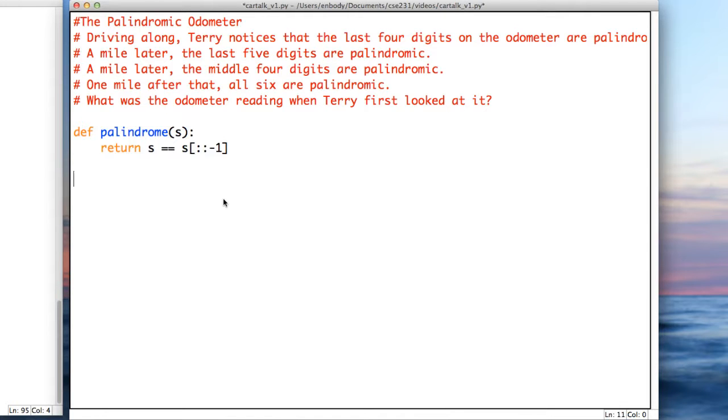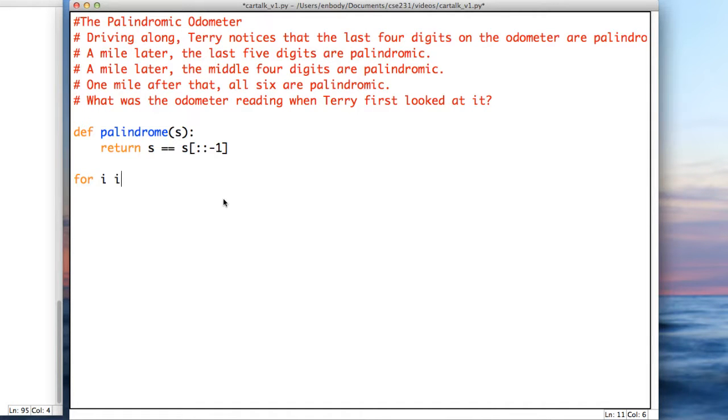Now, how might I use this to solve the problem? Well, again, I suggest you pause the video and think about solving this problem. Well, we've talked about before a useful way to first consider any problem with computing is just trying all the possibilities, what we call brute force work, and in this case it does. So if I want to try all the possibilities of the values in an odometer,